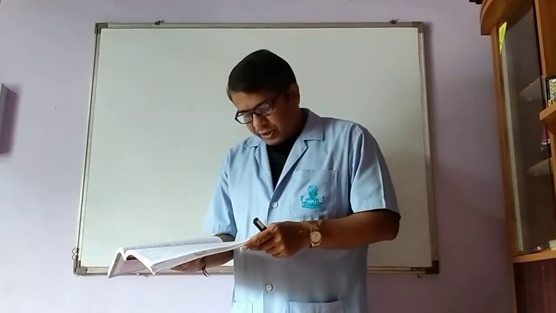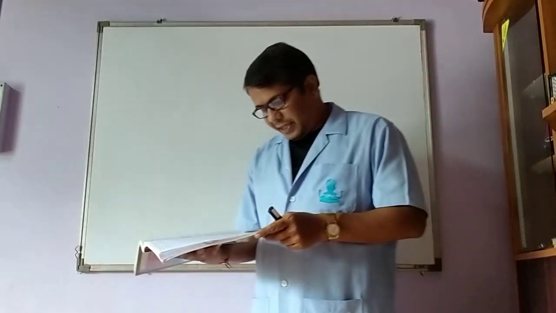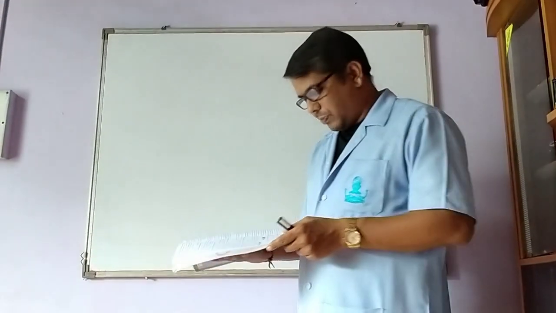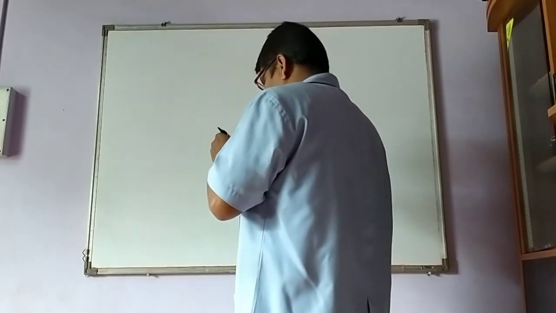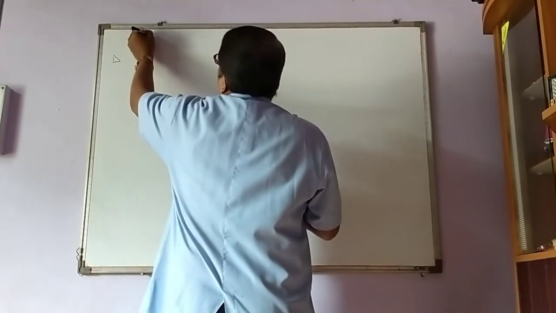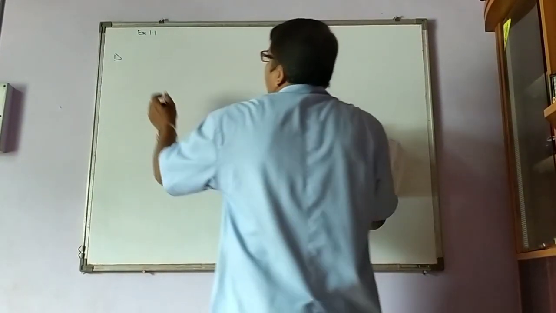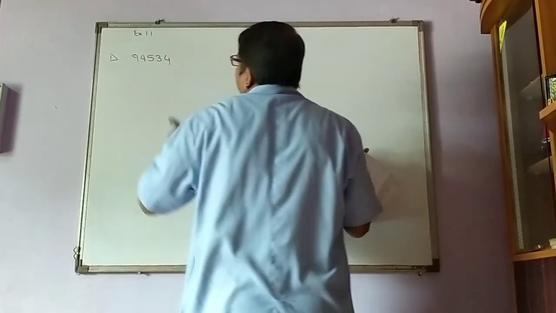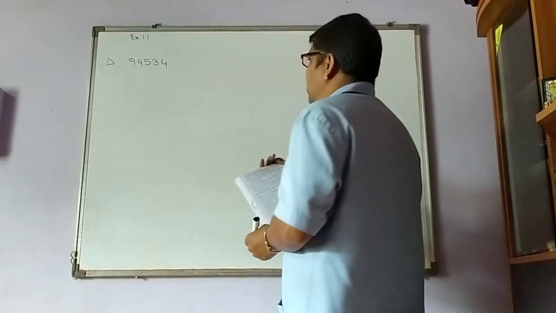First one, in the number 94,534, how many times is the place value of the digit 4 on the right to that of the left? So first one I am solving. Exercise 1.1. So in the number 94,534, how many times is the place value of digit 4 on the right side